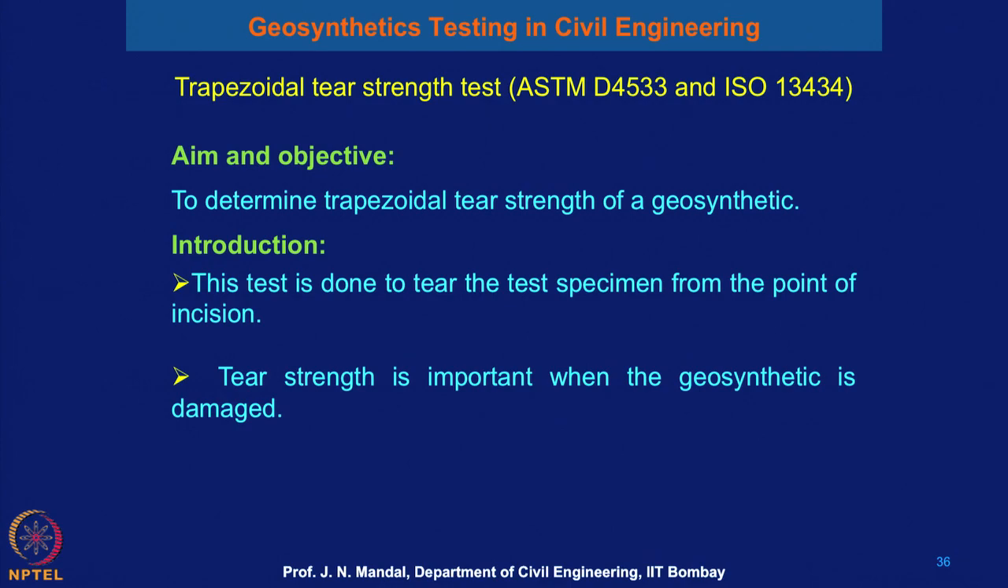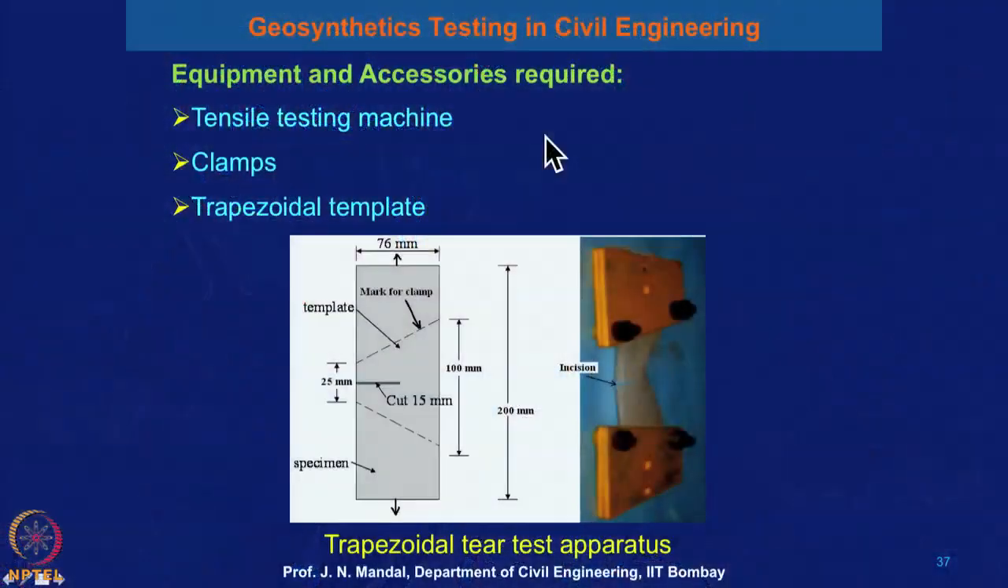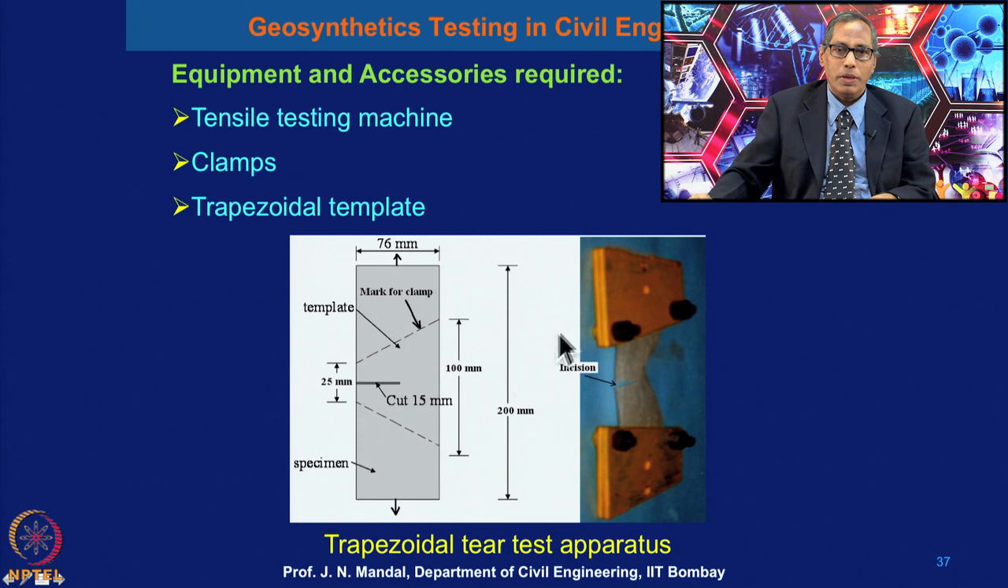Here the main aim and objective is to determine the trapezoidal tear strength of a geotextile. In the introduction, this test is done to tear the specimen from the point of initiation, and tear strength is important when the geosynthetic is damaged. So, this is the equipment and accessories required: universal testing machine, clamp, and the trapezoidal template. So, this is a trapezoidal tear test apparatus,